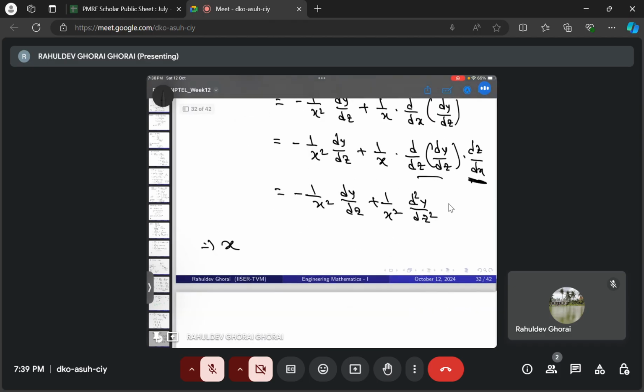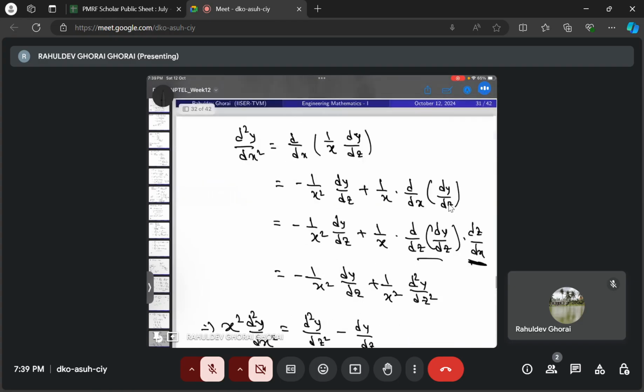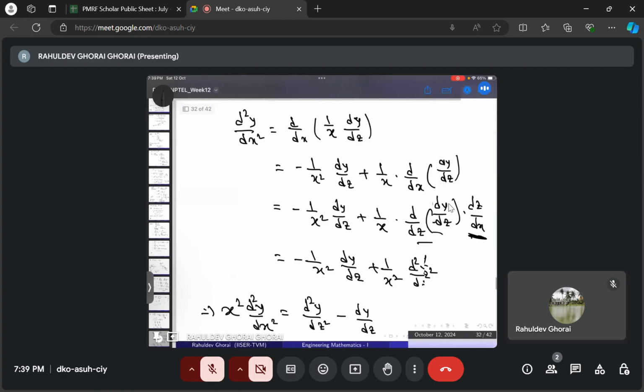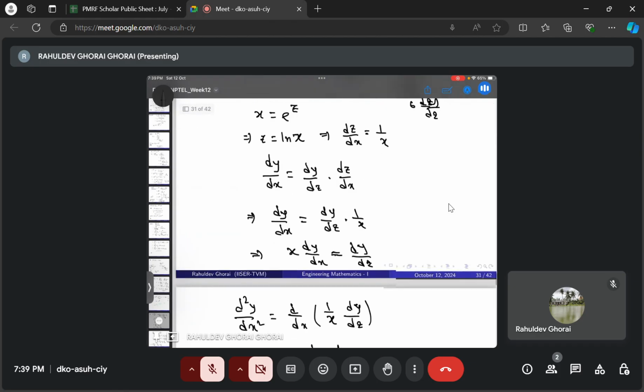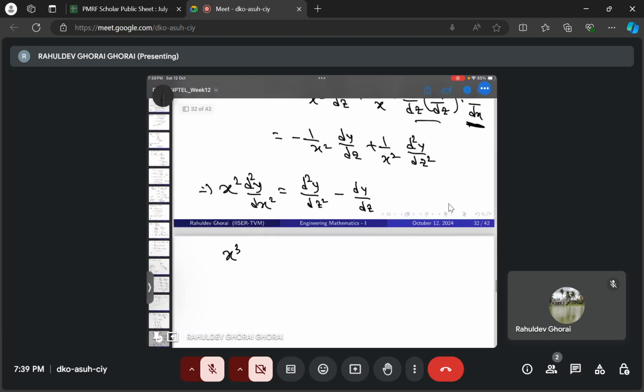That implies x square d2y/dx2 becomes d2y/dz2 minus dy/dz. So if you inject all these values, it means x square d2y/dx2, and x dy/dx. Similarly, you will also see x cube d3y/dx3 will be